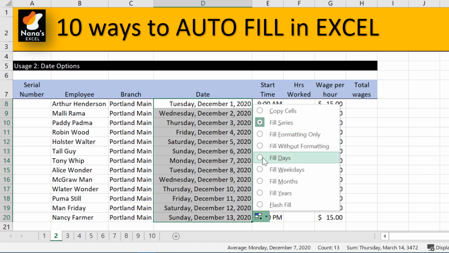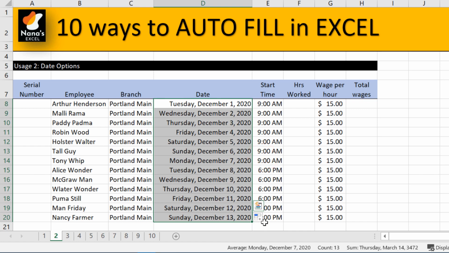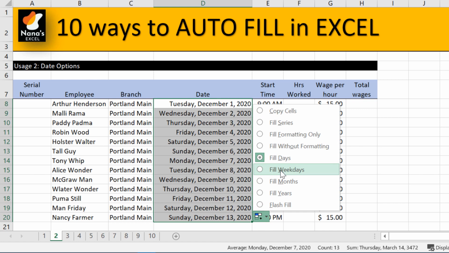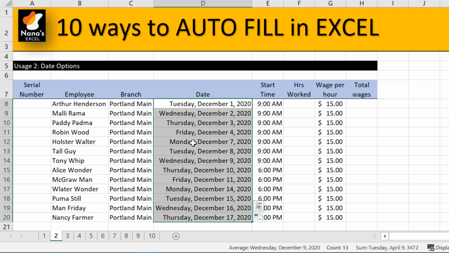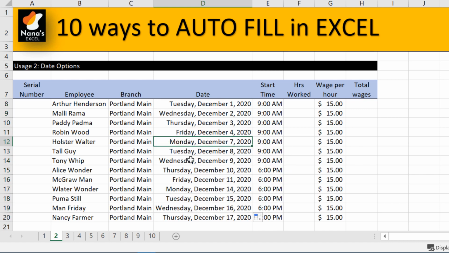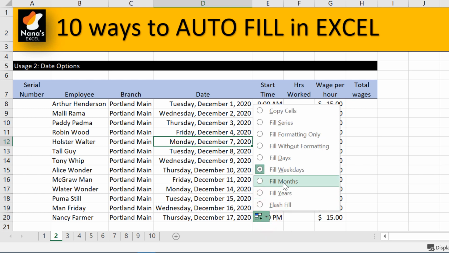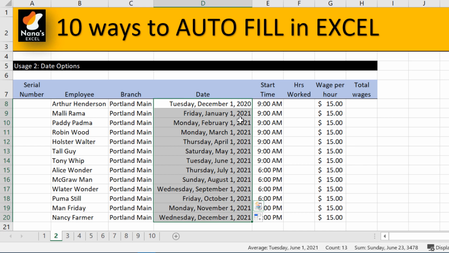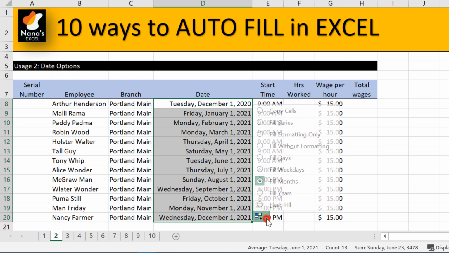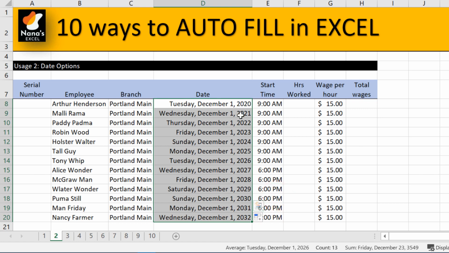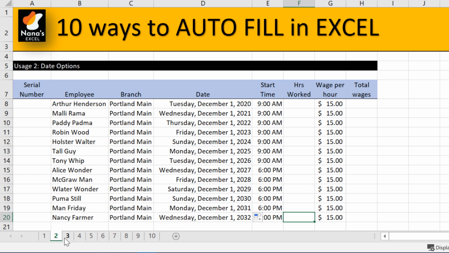And this is of course fill days, that's exactly what it is filled up. But if you want, you can fill weekdays. So now if you see here, there are no Saturdays and Sundays here. Again, if you want to fill only months, you can fill it here. Similarly, you can fill the years. So you get 2020, 21, 22, etc. Let's move on to the next usage.